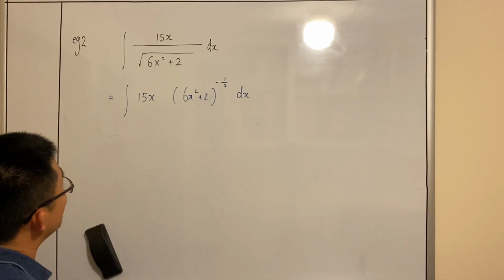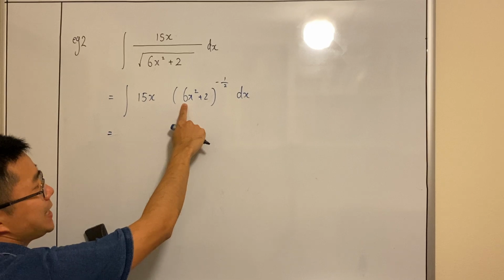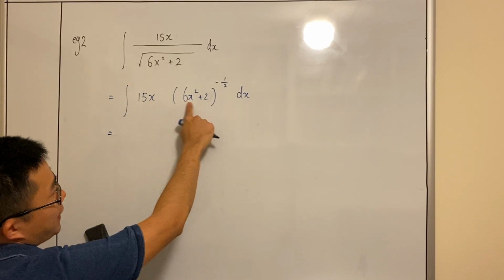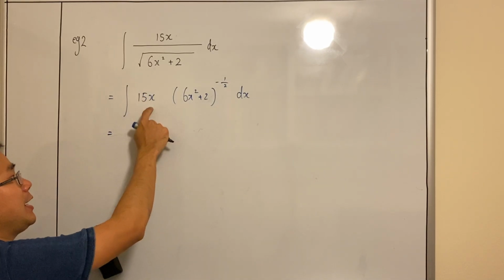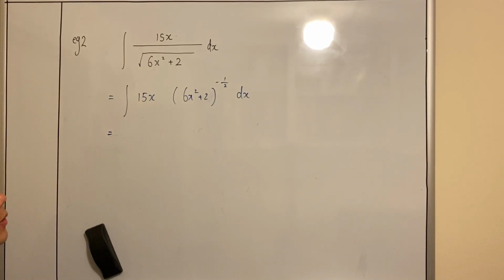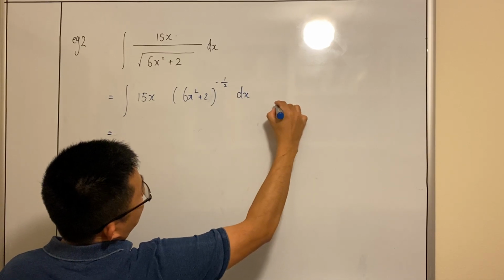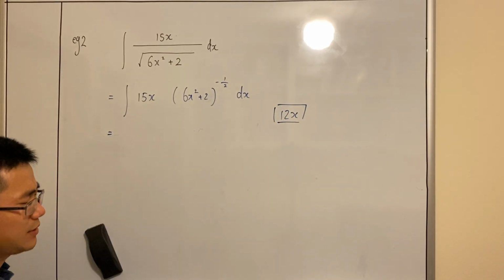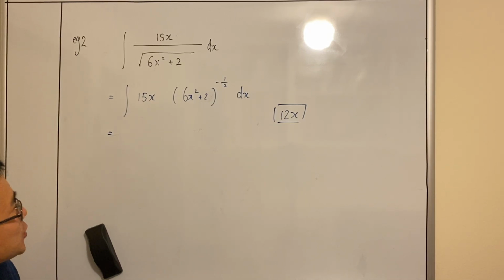So what do we do now? Remember, I told everyone before, you need to differentiate what's inside the bracket here, because that's fx. I need f dash x right in front of these brackets. So when you differentiate that, that's 12x. Let's just write 12x here. You need 12x. I have 15x. How do I change 12 to 15, or 15 to 12? Now, you can multiply by a fraction if you want, but the easiest way is just